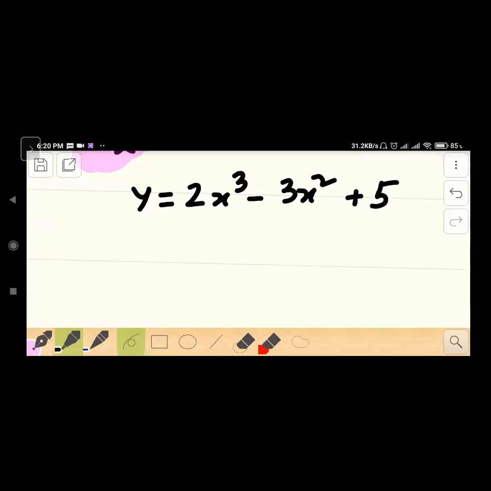Suppose this is the equation. Okay, now if I say